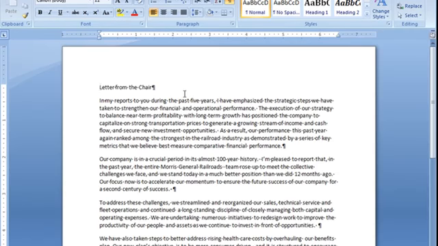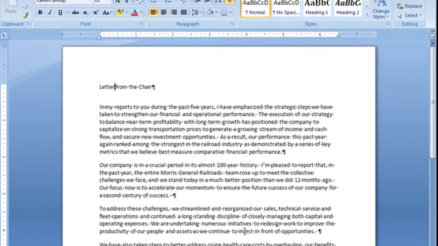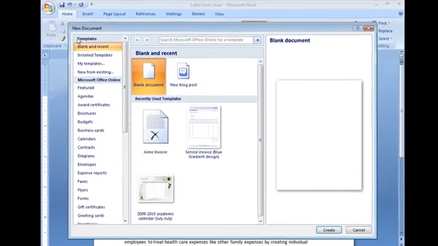So I am going to just click somewhere in that first paragraph. I don't have to select the whole thing. And I'm going to go to my paragraph window and increase that space. Well, let's double it. Let's make it 24 points. And see, it only affected that paragraph, the space after that paragraph. So now you can see how you can add space between your paragraphs, remove space, and change the size of that spacing. And if you create a new document,